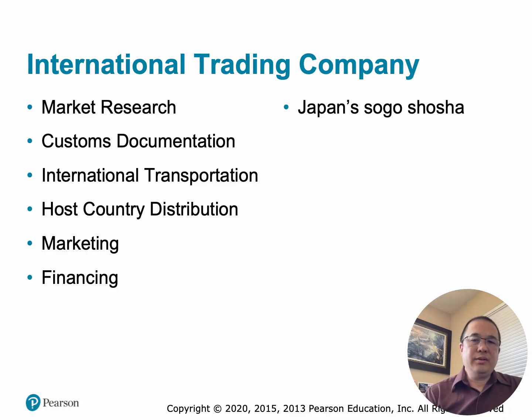Japan's Sogo Shosha. This is among the world's most famous international trading companies. So, what are the Sogo Shosha? Large Japanese trading conglomerates that handle a wide variety of products and services worldwide. Examples include Mitsubishi Corporation, Sumitomo Corporation, and Itochu Corporation. These companies trade products globally, arrange financing, invest in businesses, manage logistics networks, and conduct market research. They often serve as a bridge between manufacturers and global markets.